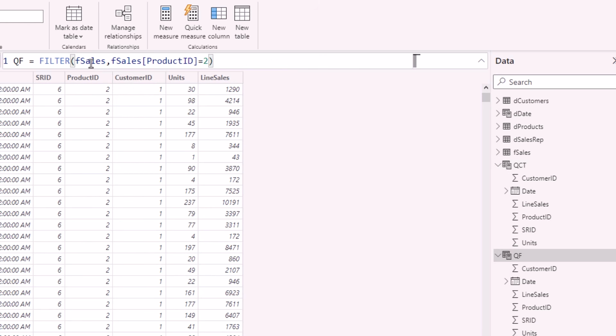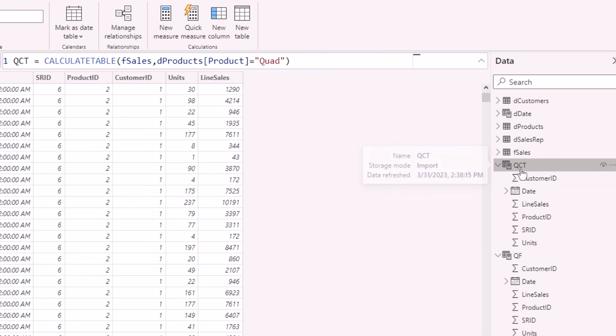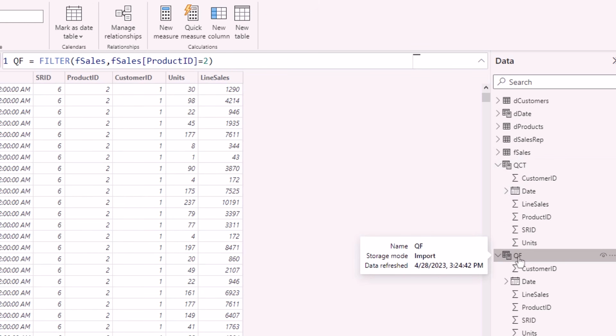However, the filter function, whatever table you put into the first argument, in the second argument, you can only use columns from that table. And the way it filters is this is an iterator function like SUMX. It iterates down every single row to find product ID equals 2. If you ever have a choice between calculate table and filter, the filter function is probably going to take longer to calculate